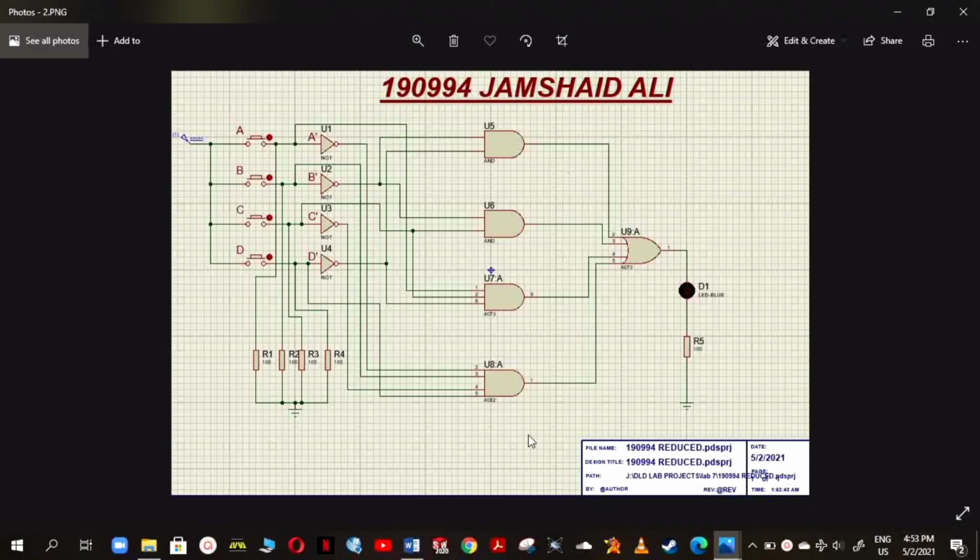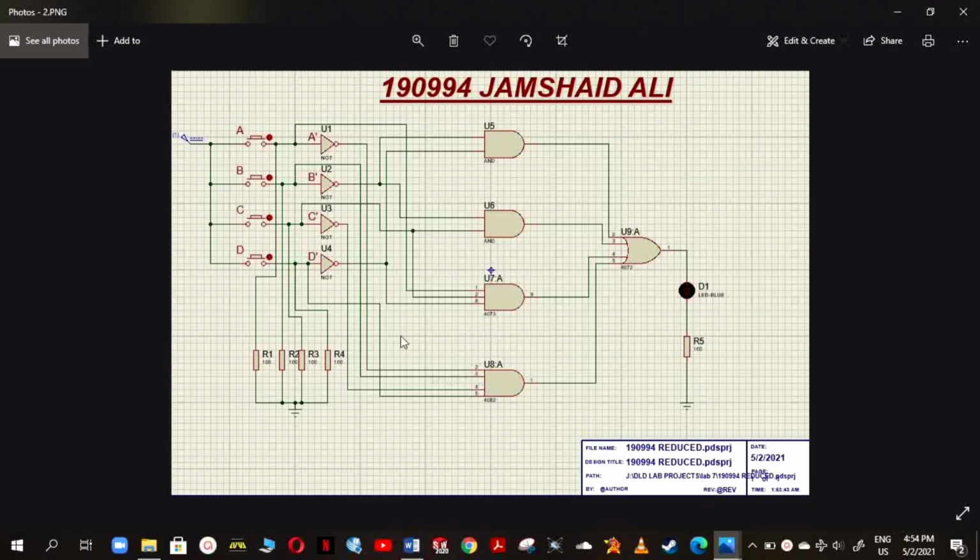So in reduced form we have the Boolean expressions B' D', B' C, A C', A' B C' D. In the first gate I implemented B, not of B, and then not of D in the second input, and in the second stage I implemented the first input with not of B and the second input simply C, and in the third case I implemented on the first input only A, and on the second input only C, and on the third input not of D. And at last, to this gate I attached 4 inputs.